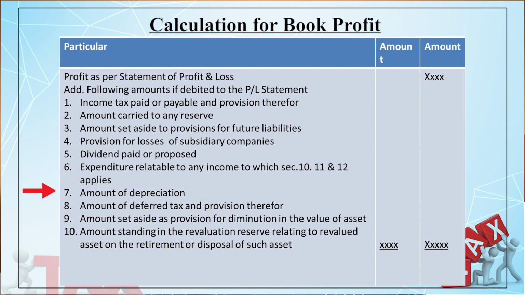Then you have to add the amount of depreciation, we will discuss the item later on, amount of deferred tax and provision therefore, amount set aside as provision for diminution in the value of assets, and lastly you have to add the amount standing in the revaluation reserve relating to revalued asset on the retirement or disposal of such assets. So, you have to add these items which are debited to the profit and loss account or statement of profit